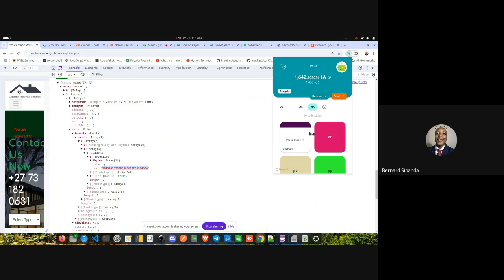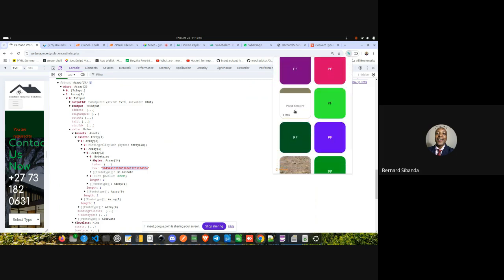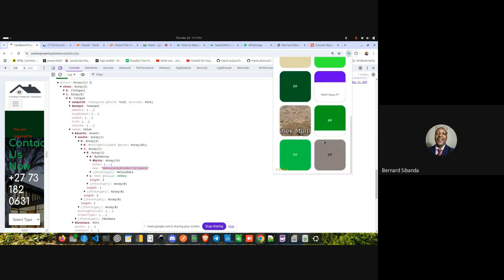If you go to your wallet, under your collections, you look for that 3999. There it is. Do you see? PID 68 share FT 3999. Yes, sir. So that is one part of value.